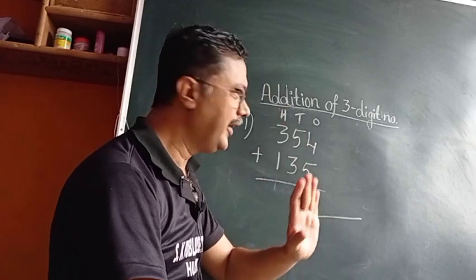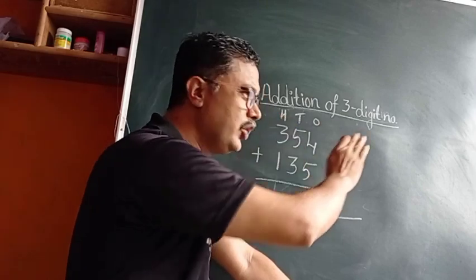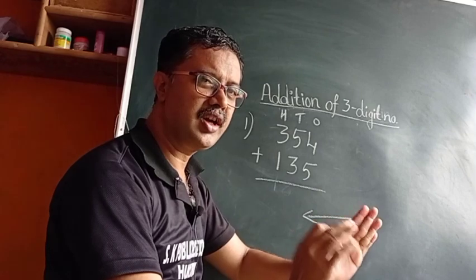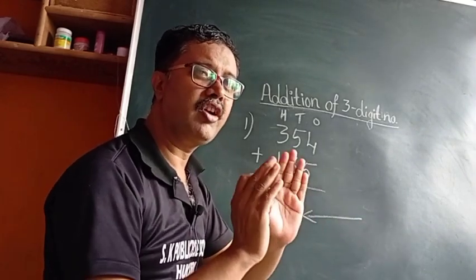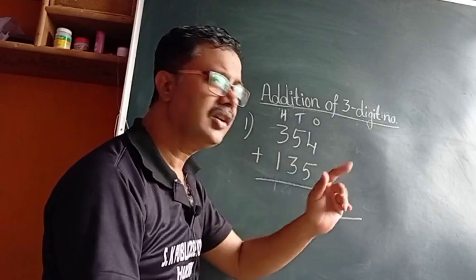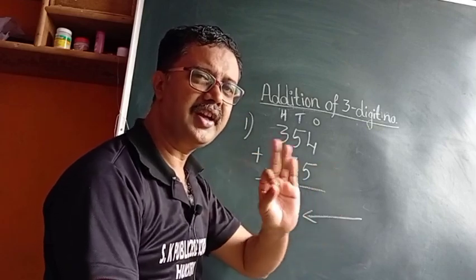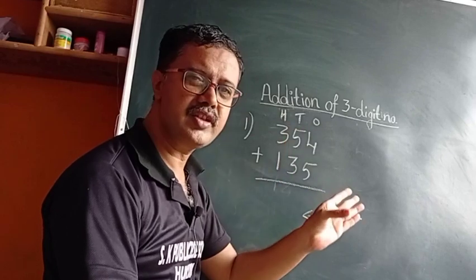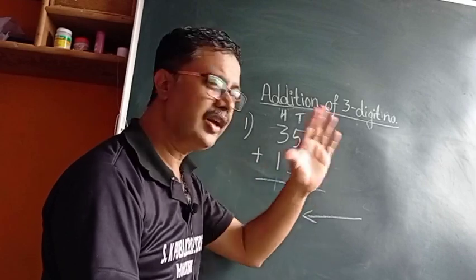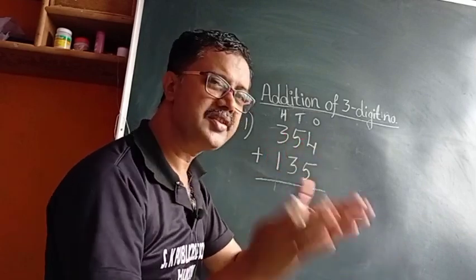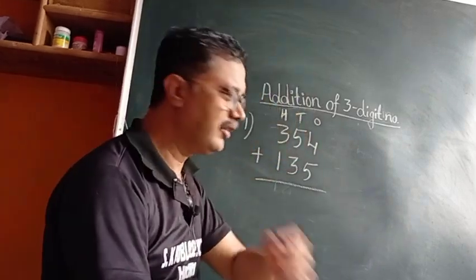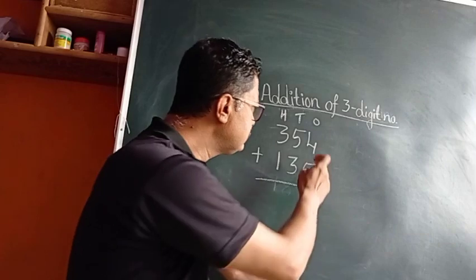Okay. Don't worry about this unit place, 100 place or tens place, the value chart. Don't worry about that. Only the logic you have to apply. What you have to do is addition, whether it is 3-digit or 4-digit. Only you have to add this. How to add? The same procedure you have to apply, which you applied in a 2-digit number.